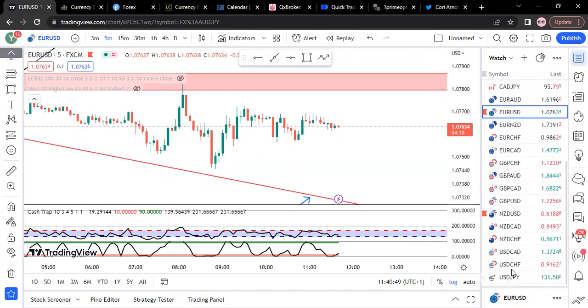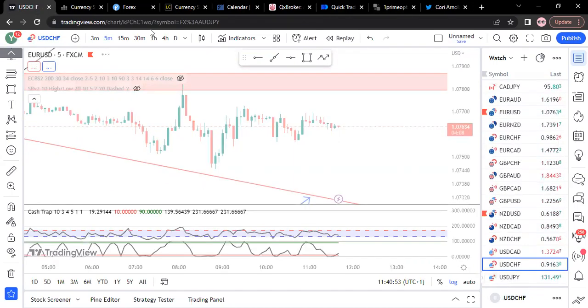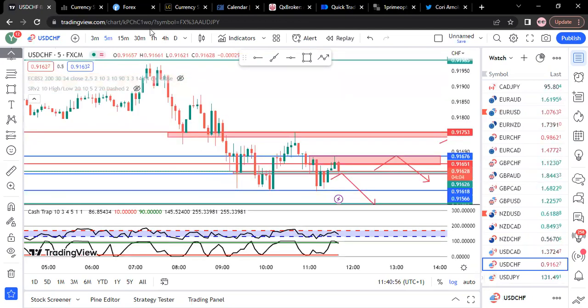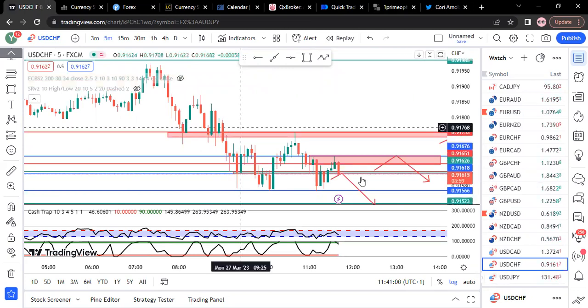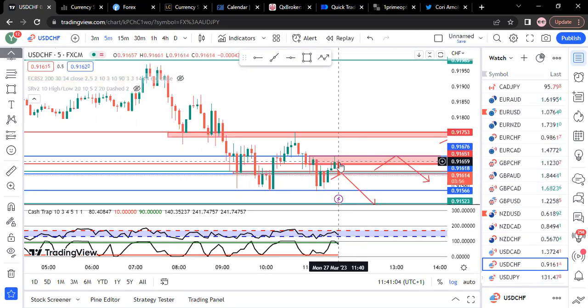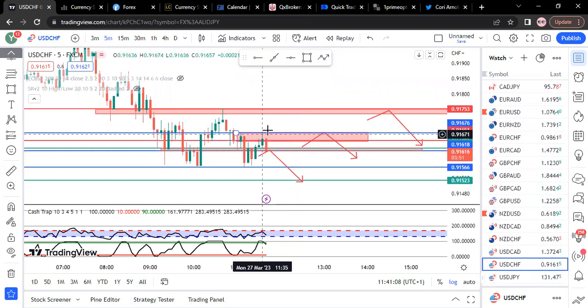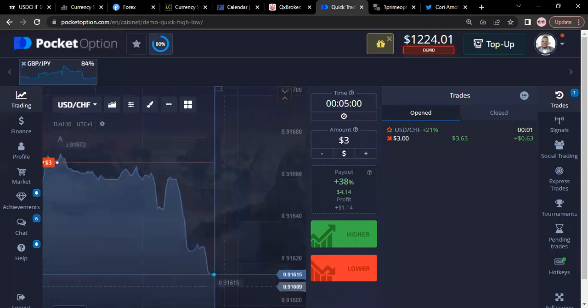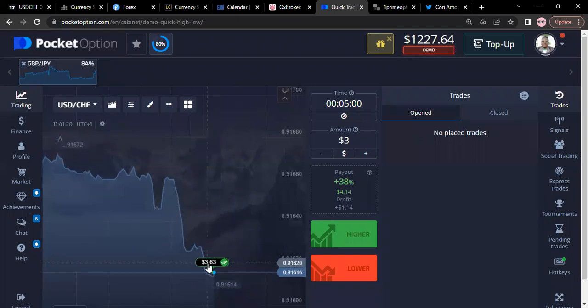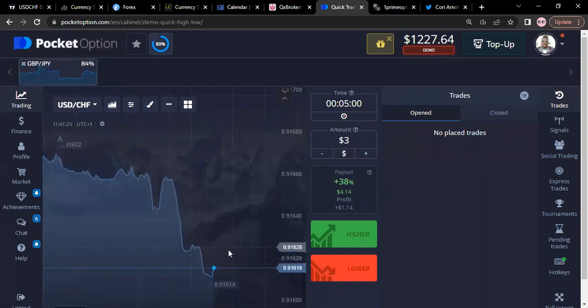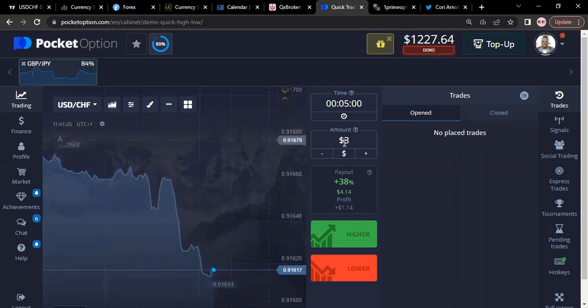USD CHF. Based on what we can see, I told you that the next candle is going to be a bearish candle. How did I know that? Because based on what this market is showing us, okay, we should be closing now. This market should be closing now. So what do we have now? Just look. I invested $3. So this is a bad investment. So we just closed with profit. 3.63. I invested $3, took the trade for 5 minutes, and